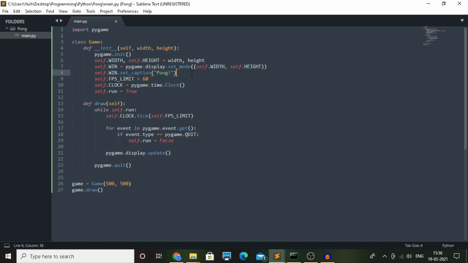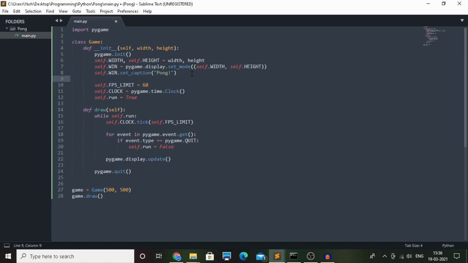You saw how the screen was completely black, and what we'll do now is make it completely white. So we'll define our white color, and the color in Pygame is basically in RGB format. If you don't know what RGB is, basically every color can be represented as a value of red, green and blue, and these are values from 0 to 255.